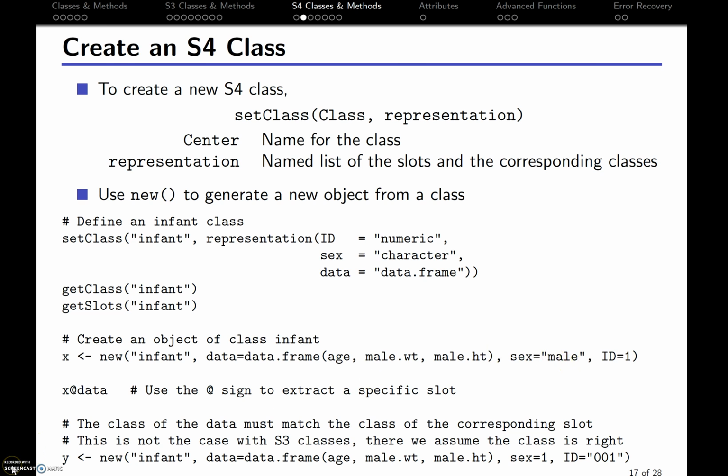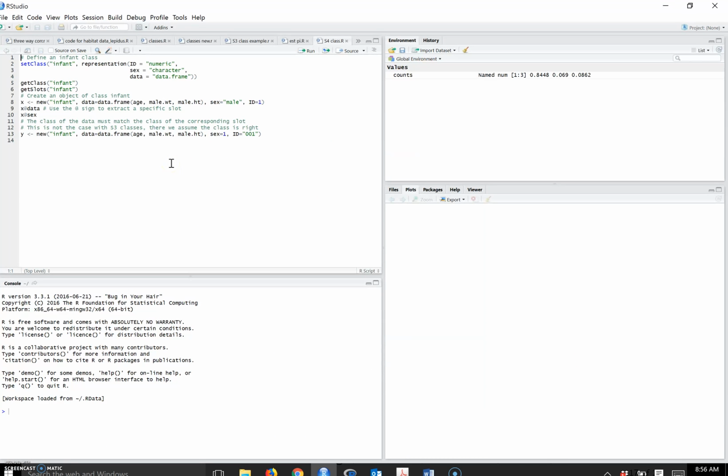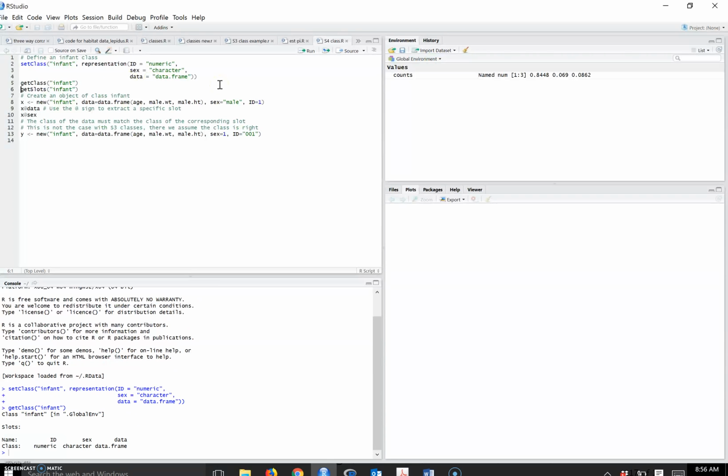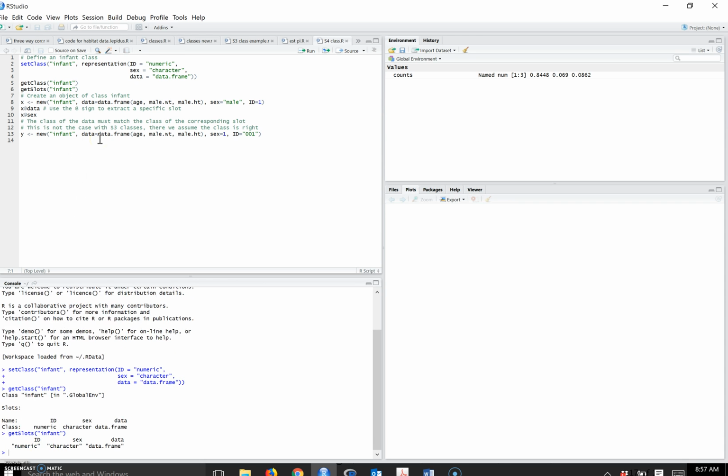Let's take a moment and look at the code. So here's the code S4 class. Notice here is our command line where we define our S4 infant class. If I just run that portion, we see that. So I can, again, as we just saw in the notes, get at the class using that command get class infant, and it shows me that this is a class infant. It also shows me information about the slots and what class they are. I can also use the get slots command, and it just shows me the information about the slots and what class they are. So then I can create,